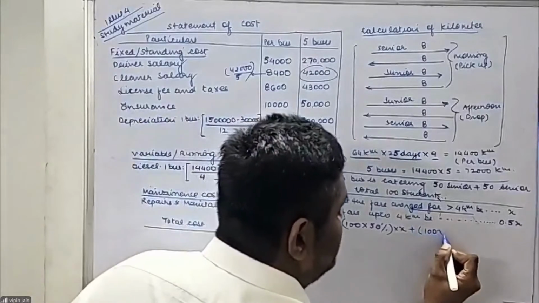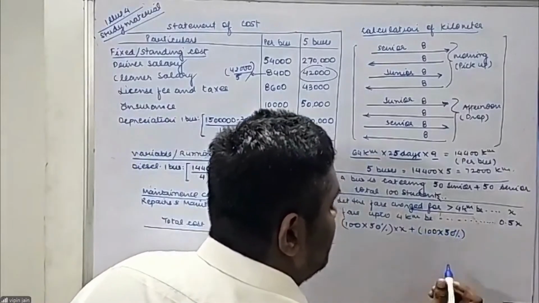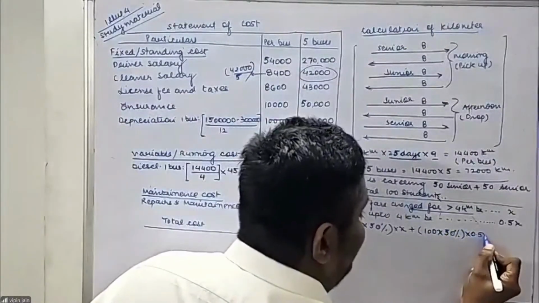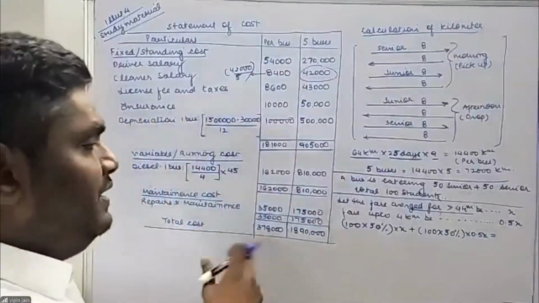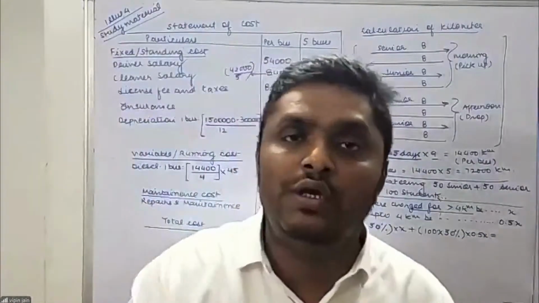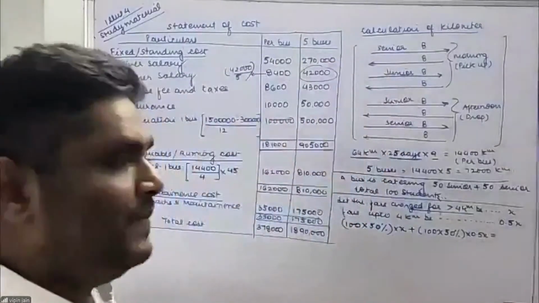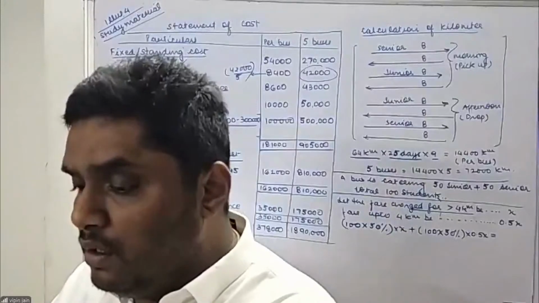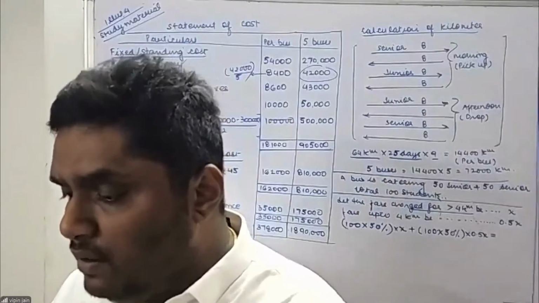Further, out of 100 students, 50% students are traveling for up to 4 kilometers, so their fare will be 0.5x. And this should be equal to 3,78,000, which is the total cost for a year per bus. So cost per month will be how much? Because the question is asking us to calculate